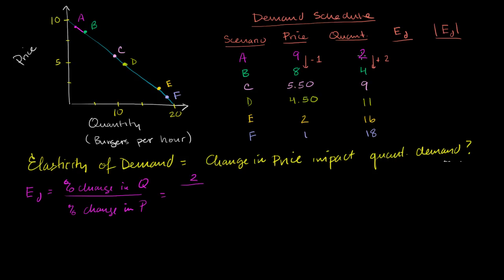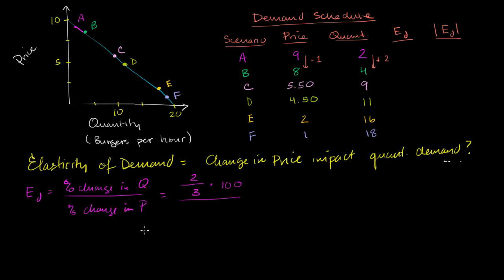Actually, no, let's just think about it. What's the average between 2 and 4? Well, the average is just going to be 3. That's the average of 2 and 4. Let me write it down just so it's clear. This right over here is 2 plus 4 over 2. That's how you get 3. That's how you calculate the average. All right, so that is our proportionate change. And then you want to multiply by 100 to actually get a percentage.